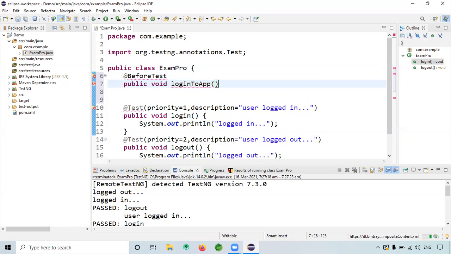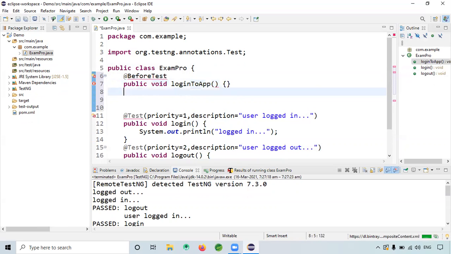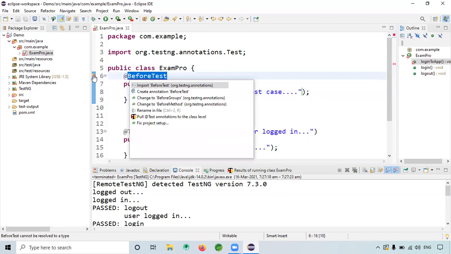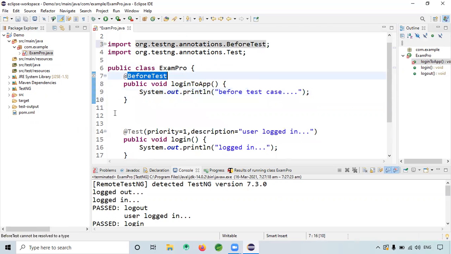I will give some annotation like @BeforeTest here. Let me import it.